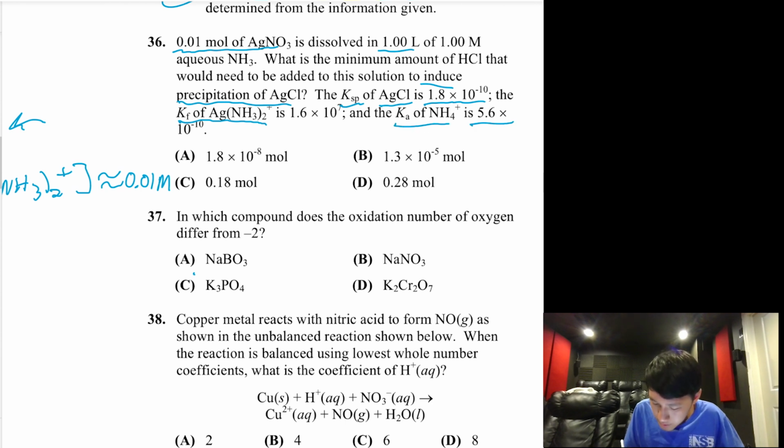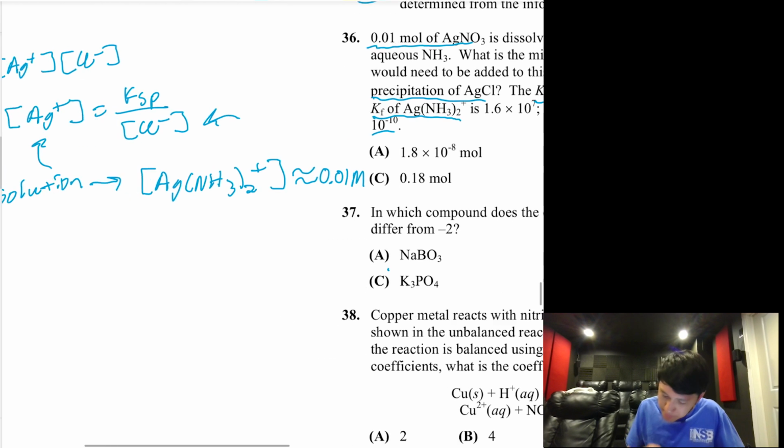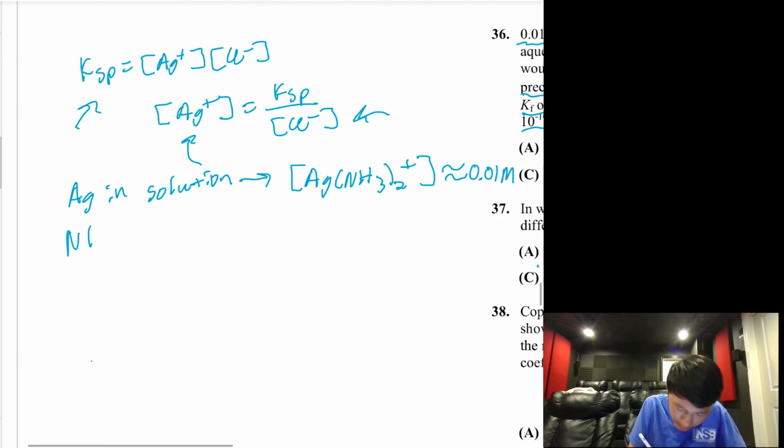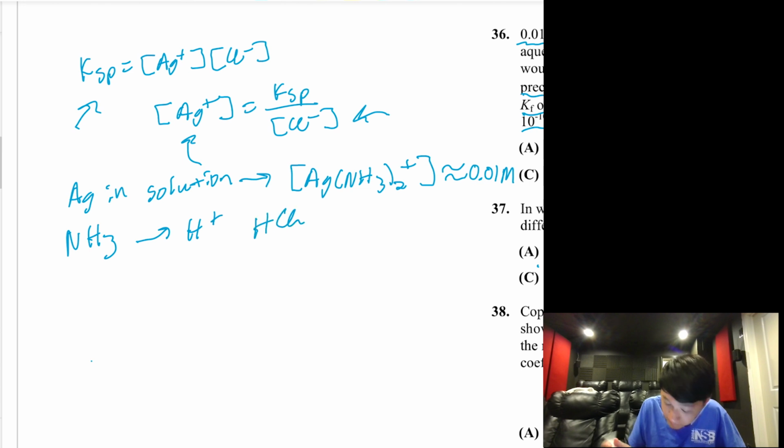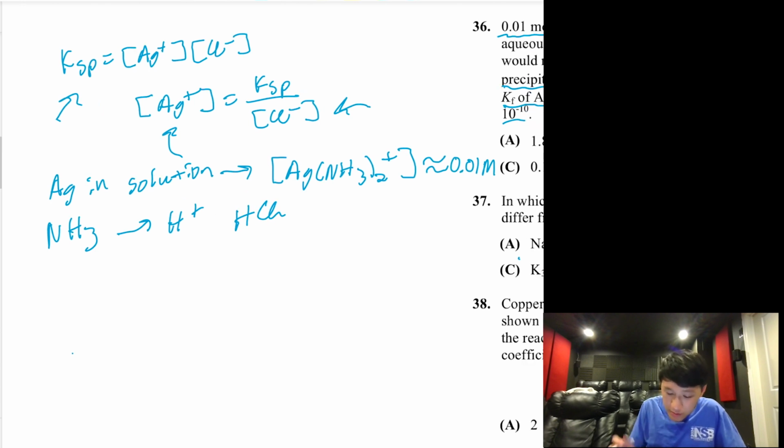Our last assumption comes from the Ka of NH4+. So we know that the Ka of this acid is very small. As such, it's a very weak acid, and its conjugate base is going to be relatively a decent base. So we can say that any NH3 in solution will grab available protons from the HCl. So if we say that we're adding X moles of HCl in solution,